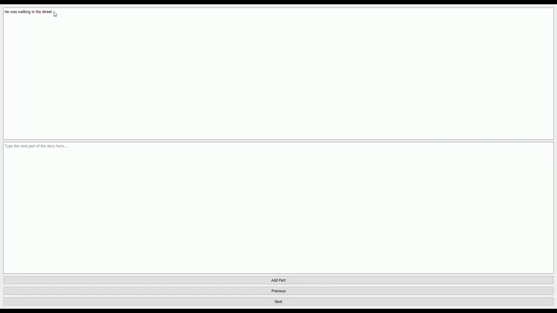This is the second one. So if we click the previous button, we have the previous part of the story that in our case is the first one. And if we click next, we come back to the second part. And if we click next, we go to the third part, and so on.